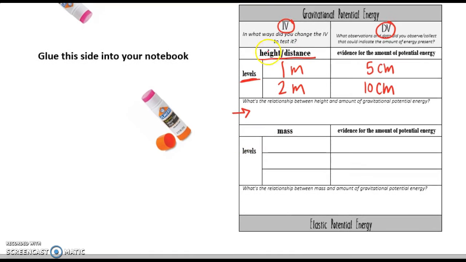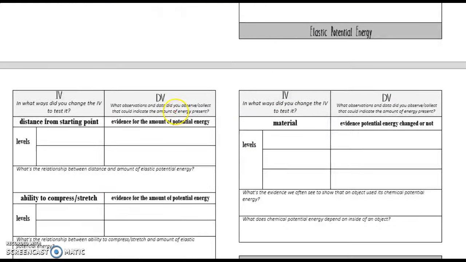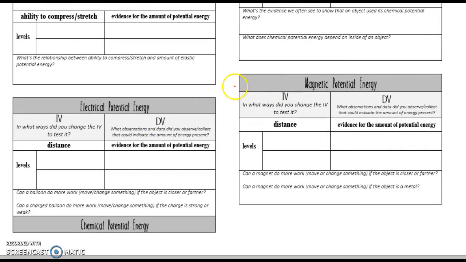So you'll see gravitational has height and distance as well as mass. Then we have elastic potential, electrical, chemical, and magnetic. And they all have something to do with an IV and a dV. So think about what you're changing, what you measure, and then using those summary questions at the end,